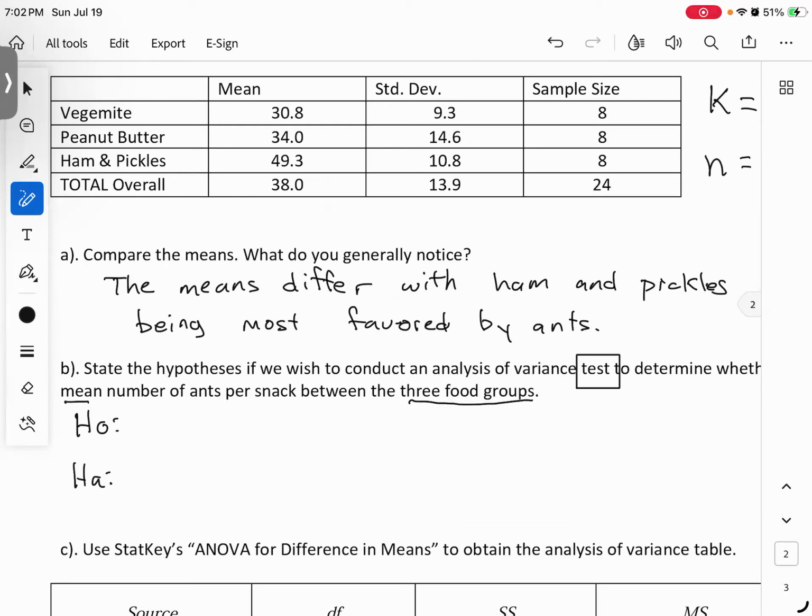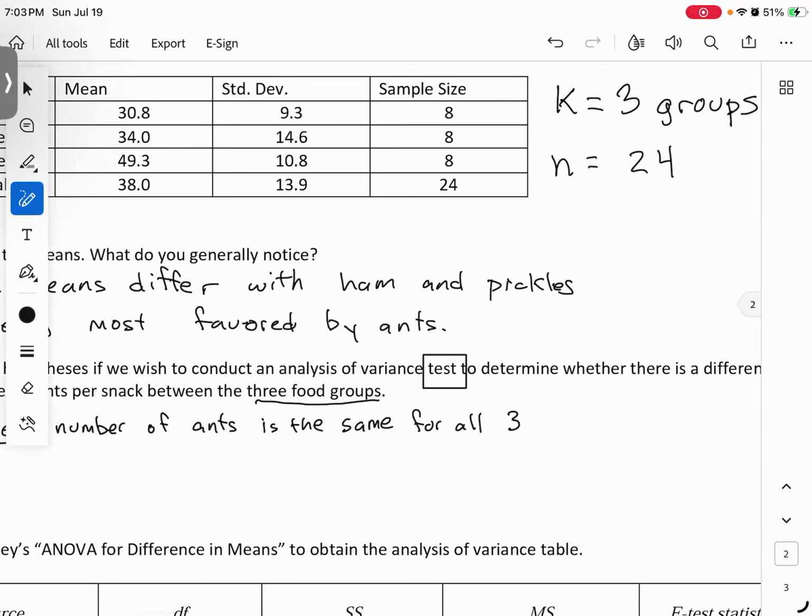And so the null is going to say, no, it doesn't matter what food group you try to give the ants. They're going to love everything the same. So the way we'll write that is we're going to say the mean number of ants is the same for all three